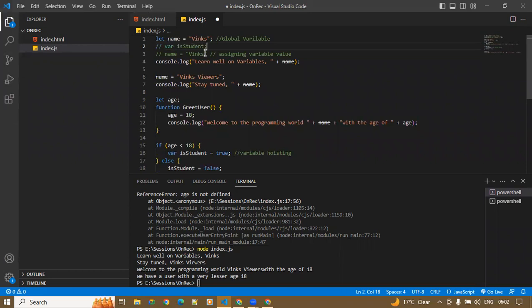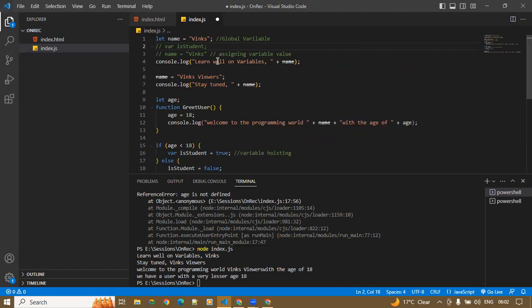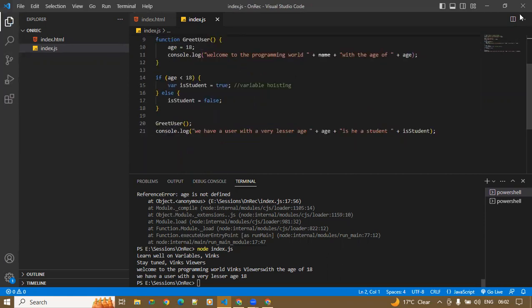Variable hoisting happens for var, and all the declarations with the var keyword are moved into the initial or the beginning part of the file. And that's the reason we are able to identify that variable anywhere throughout our coding. So when it is declared as a